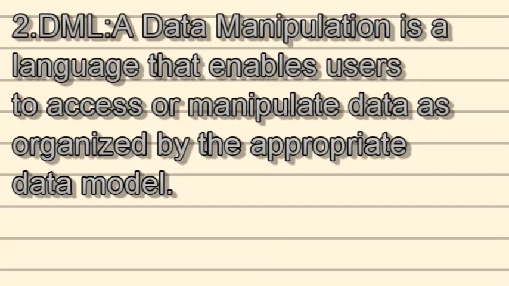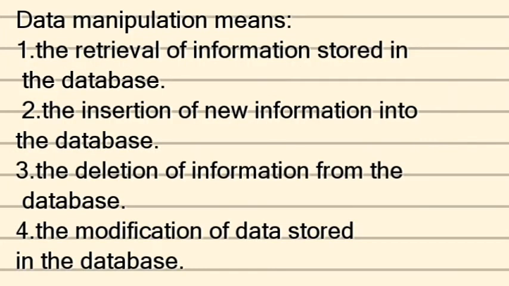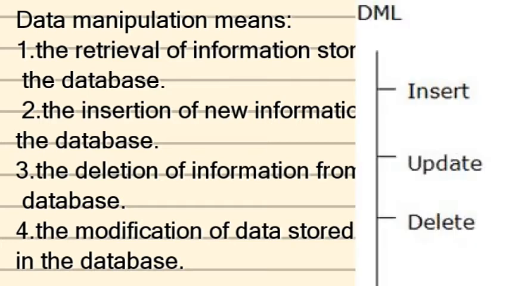Coming to the second type of capability that SQL performs, the data manipulation language. Basically a data manipulation language is a language that enables users to access or manipulate data as organized by the desired data model. Basically what does it mean? Either retrieval of the data, modification, insertion, or deletion of the data. Basically that is called data manipulation. As you can see on the screen also, these are the four things that a DML provides: the retrieval of information stored in the database, the insertion of new information, the deletion of information, and the modification of the database. Meaning all the queries that we perform on these things fall under data manipulation language.